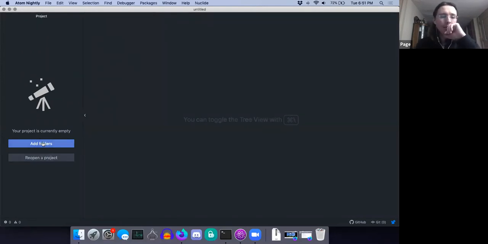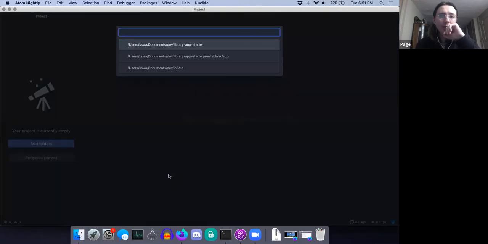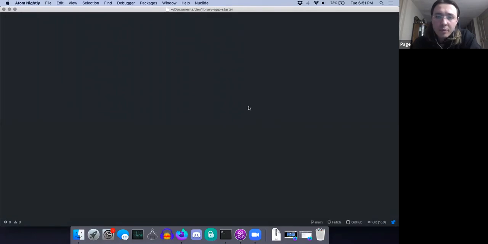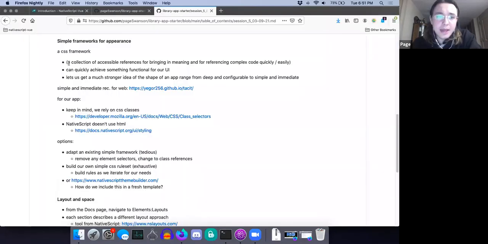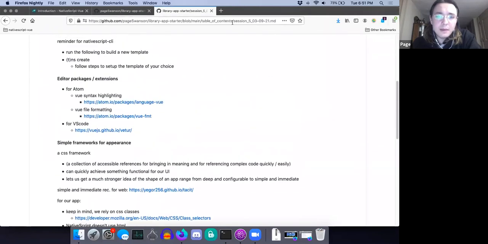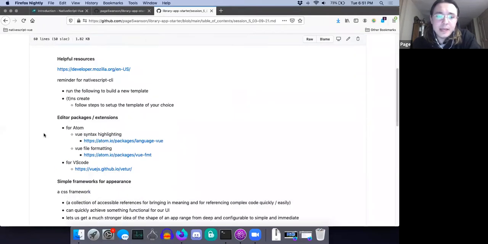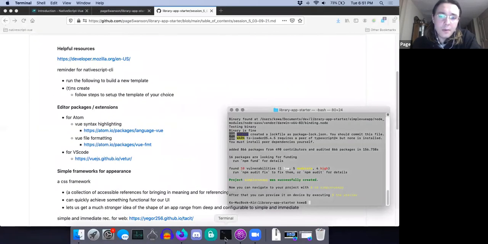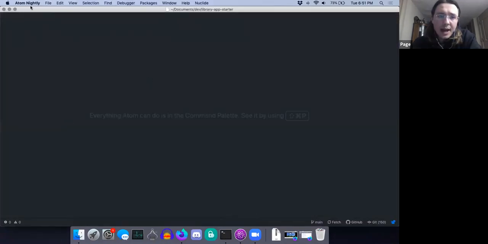So I'm going to say reopen a project. In my case, I can actually reopen a project because I already had the project open. So I'm just going to do that. It shows where I saved my project. You'll notice it says library app starter. That's actually the same as my GitHub project here, library app starter. That's because these two things are linked. And we talked about that in the last session, how my GitHub project is actually